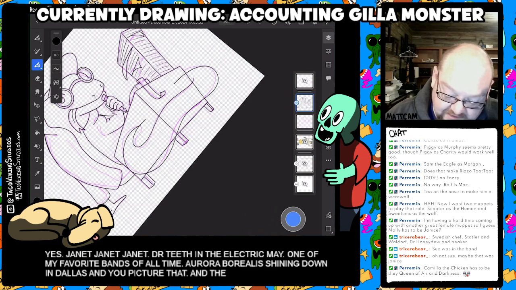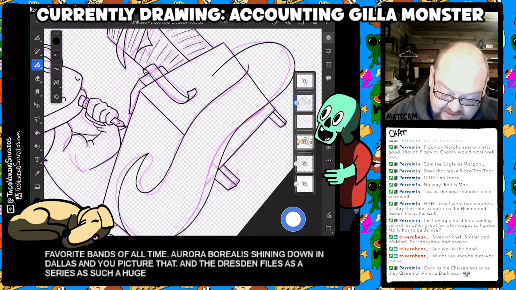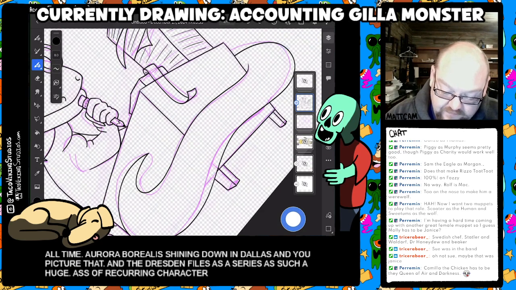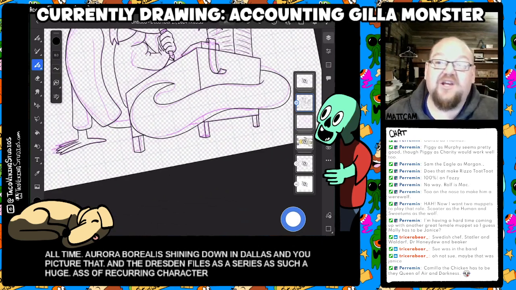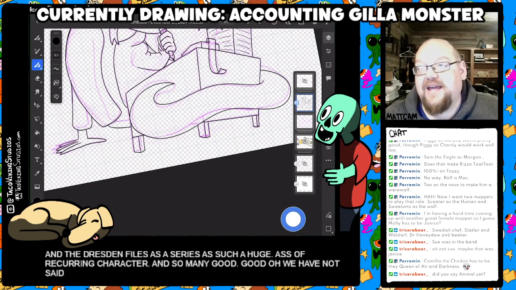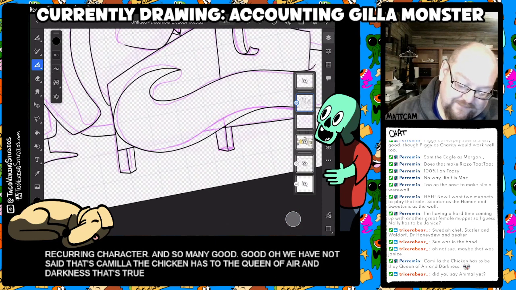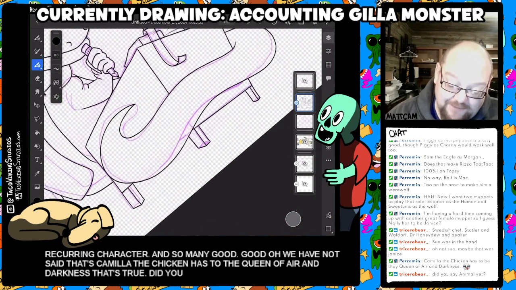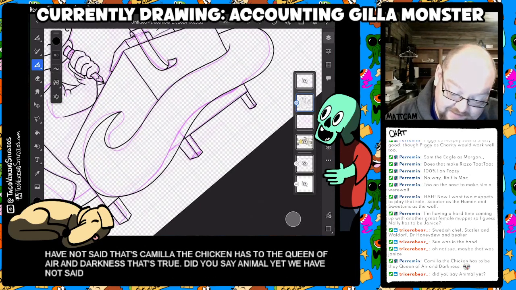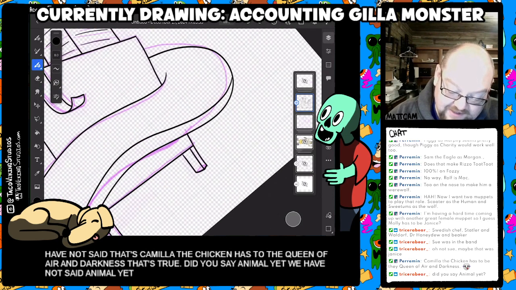And the Dresden Files as a series has such a huge cast of recurring characters. And so many good. Oh, we have not said, yeah, Camilla the chicken has to be the Queen of Air and Darkness. That's true. I mean, did you say Animal yet? We have not said Animal yet. There's a lot of good characters for